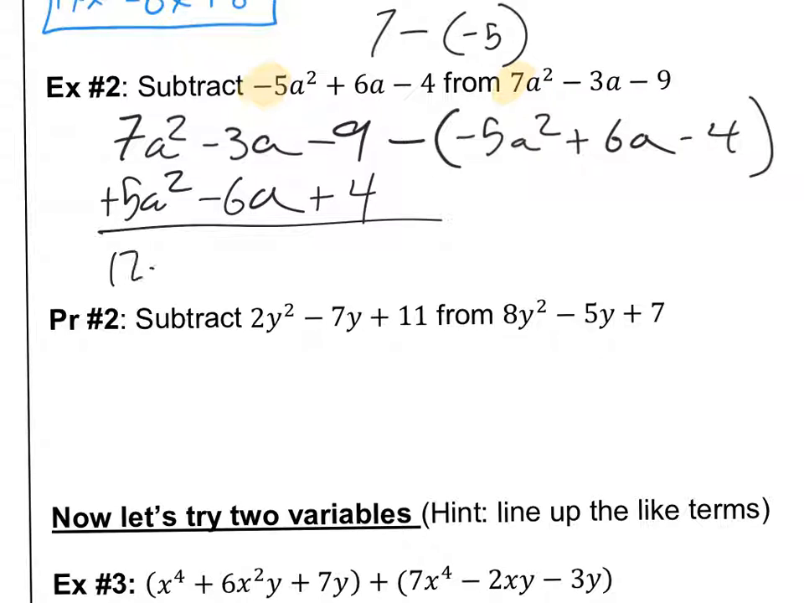5 plus 7 is 12. Negative 3, negative 6. Again, we're just digging a hole deeper. That's negative 9a. And negative 9 and positive 4. What I do in these ones, just so you guys know, a little quick way, because sometimes students get confused on this,